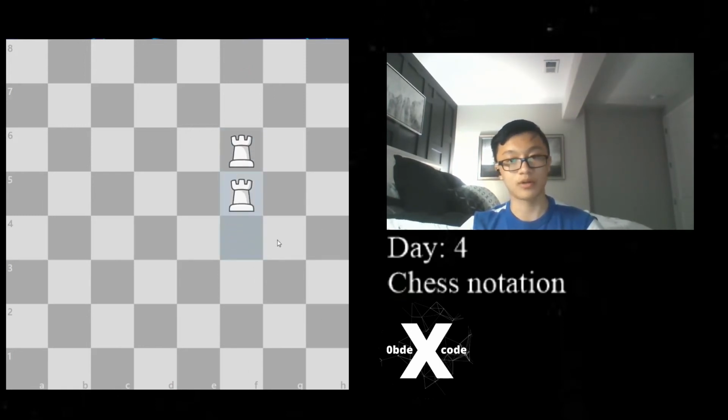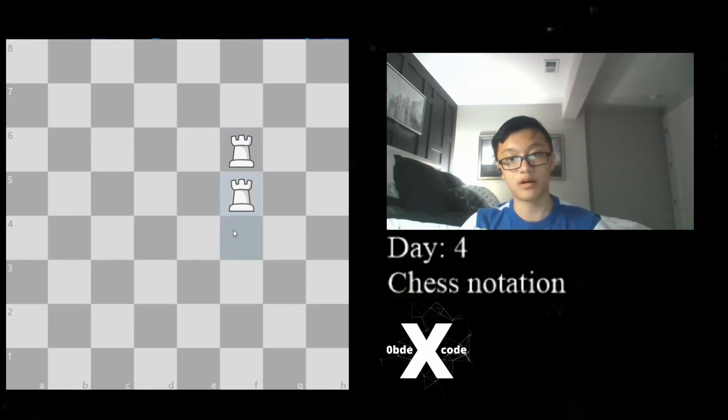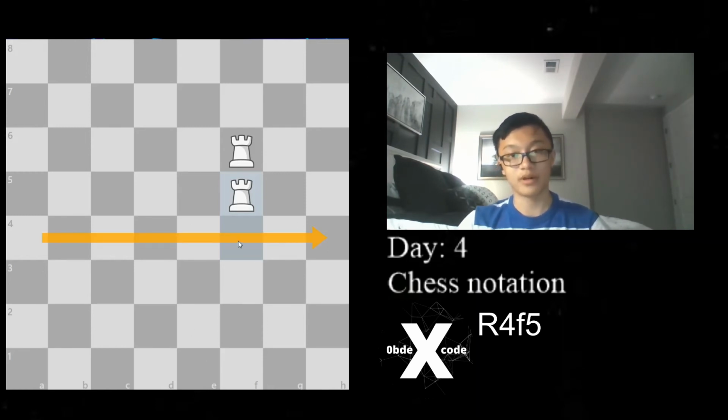So as I do couple this, this would be R6 F5. The reason why is that it used to be on the sixth rank, right? So we would put a 6 in between the label of the piece and the square. So this would be R4 F5. The reason why is that it used to be on the fourth file. So this would be R4 F5